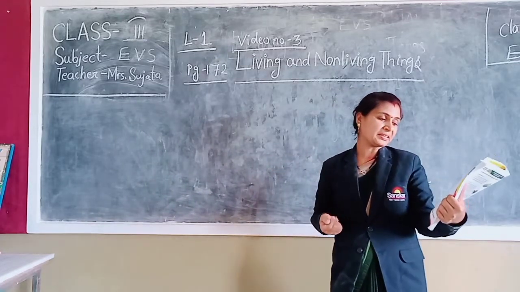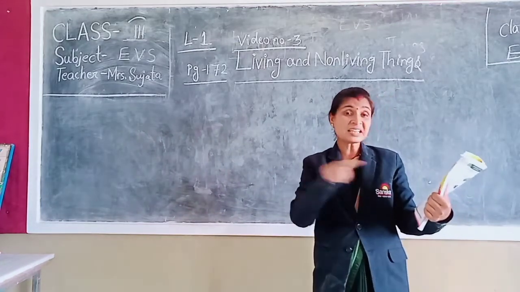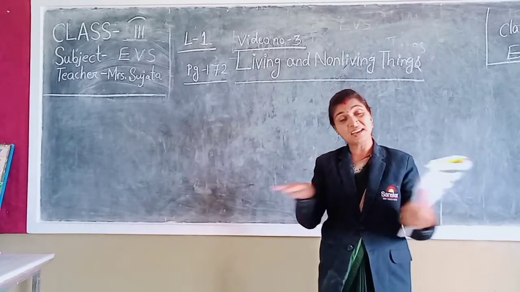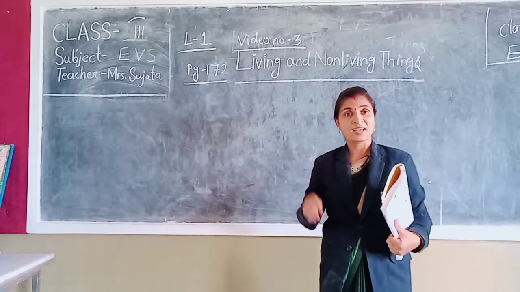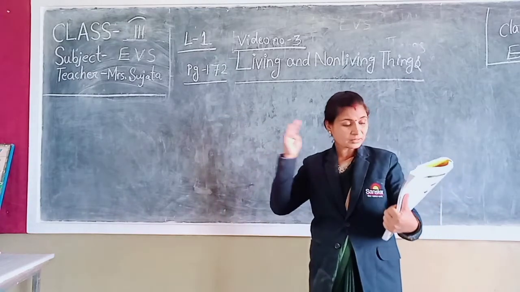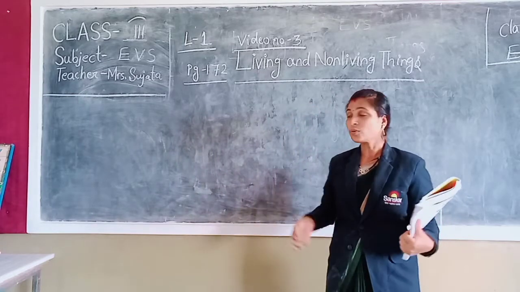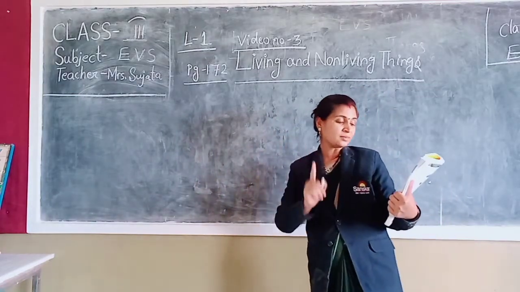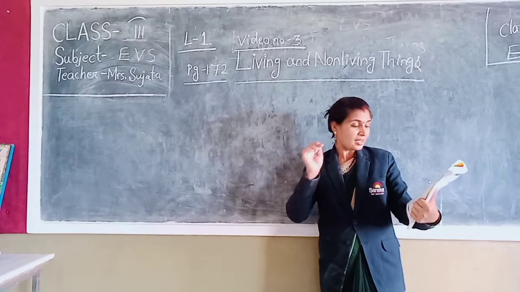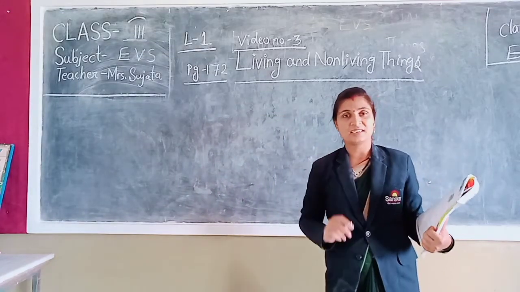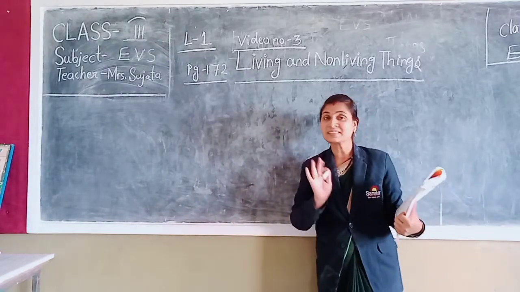List any 3 similarities between animals, plants, and human beings. What are the 3 similarities between these living things, animals, plants and human beings? These 3 are living things only. But what are the similarities they 3 have? Okay, they grow, plants also grow, plants, human beings, animals. The 3 can grow. So you can write point number 1. The plants, animals and humans, the 3 can grow. The 3 can feel. Animals and plants and human beings can feel, and animals, plants, human beings die. These 3 are the similarities.